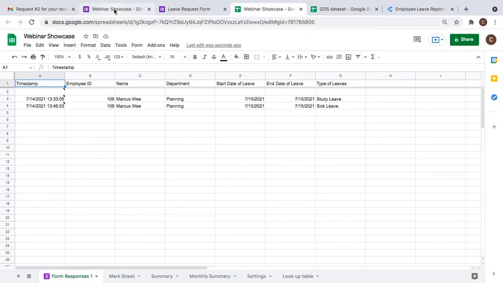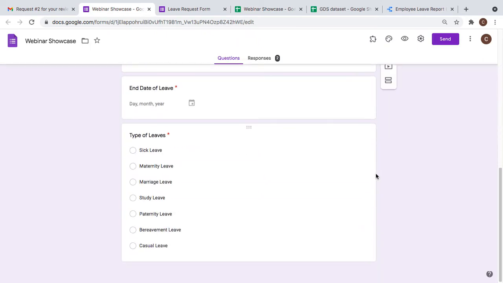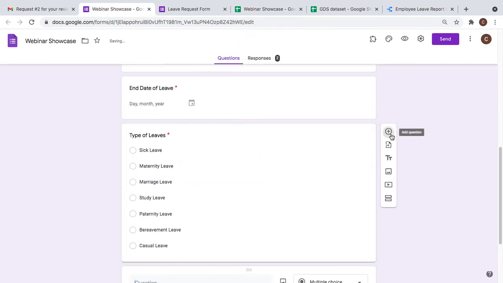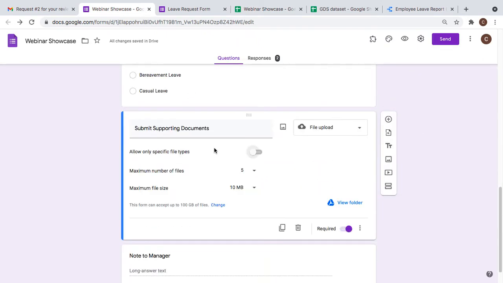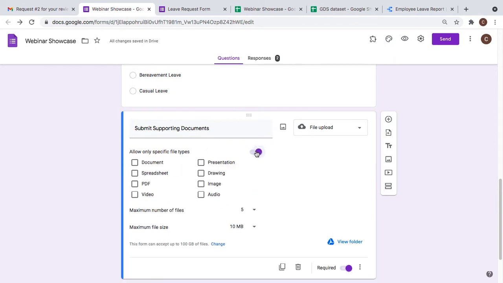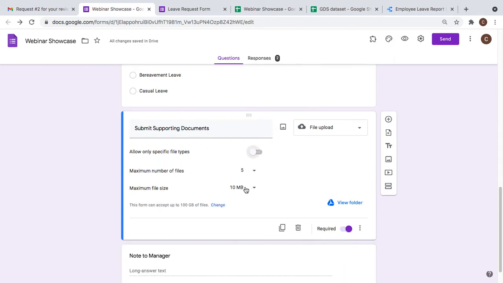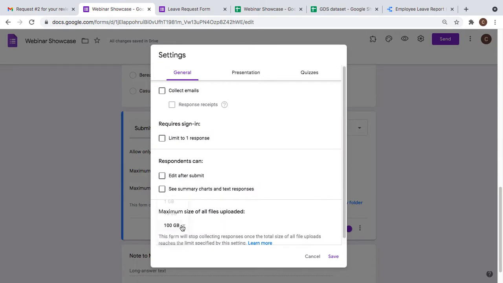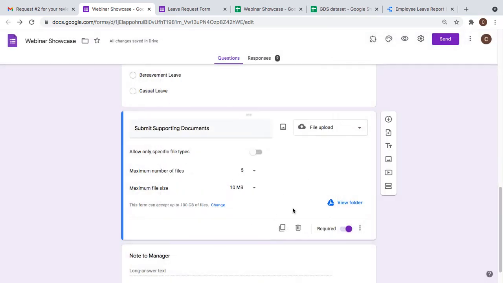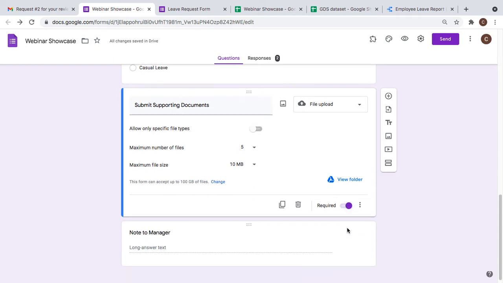And you probably want to add on questions such as these questions, and you may choose according to your needs, and you may change this maximum size of all files uploaded to maybe, let's say, 1 GB, etc. And you may want to require this question for them to answer,